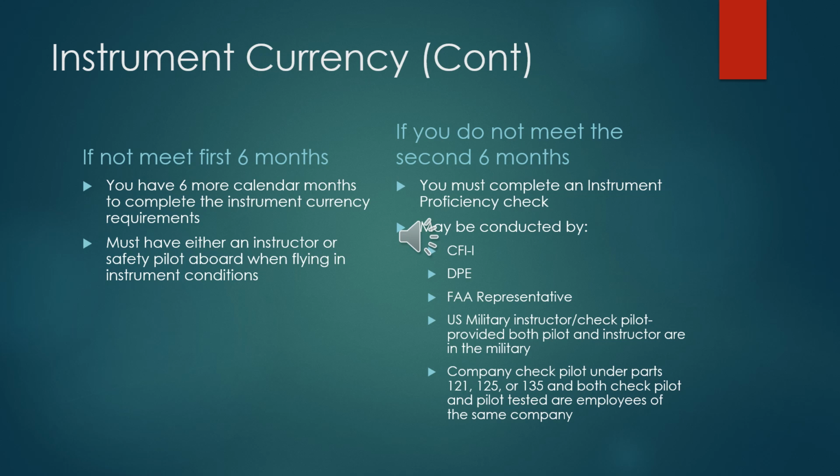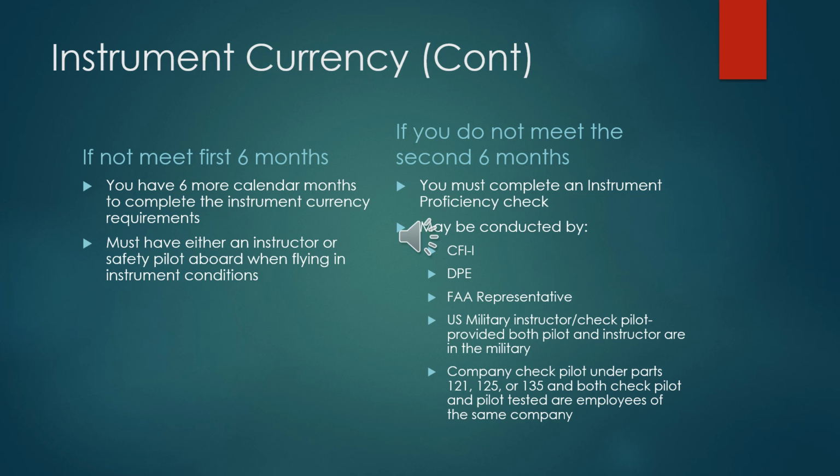We could have just gone up and said, we're going to go into every airport that we go to using an instrument approach, get a hold in there, and just use instrument flight rules every time. However, we didn't do that this time. So now we can't do that solo. We have to have an instructor or a safety pilot aboard when we're flying in instrument conditions